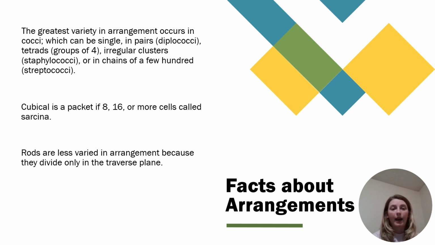Cubical is a packet of 8, 16, or more cells called sarcina. Rods are less varied in arrangement because they divide only on the transverse